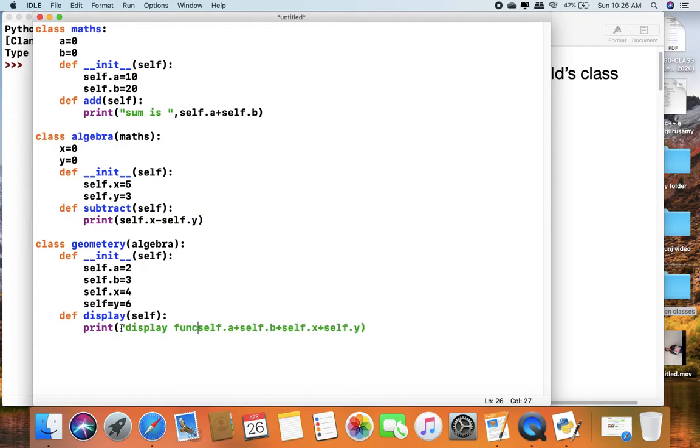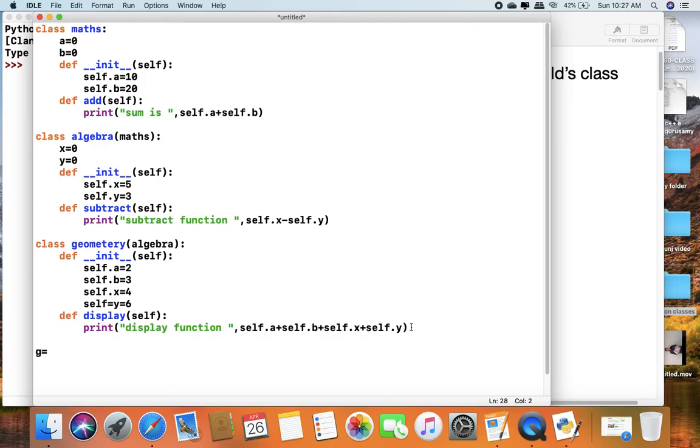Display function, and here I write the subtract function. So after creating all classes, I define class object g.